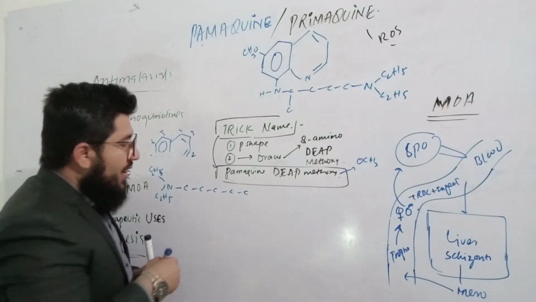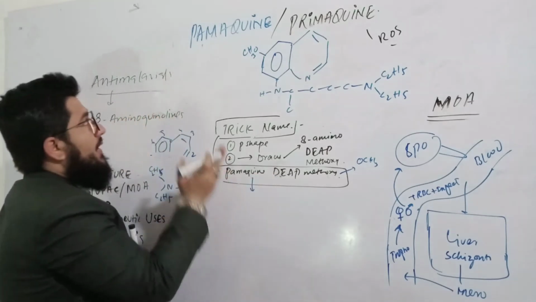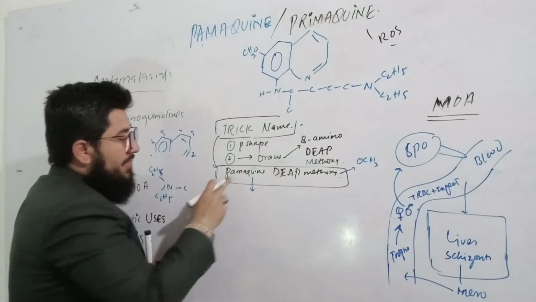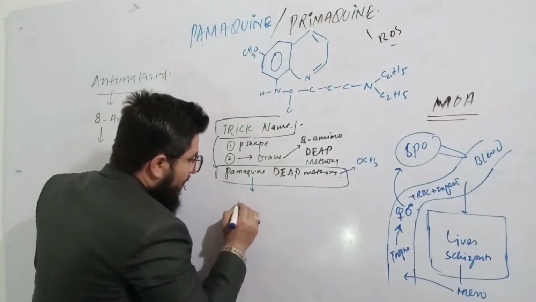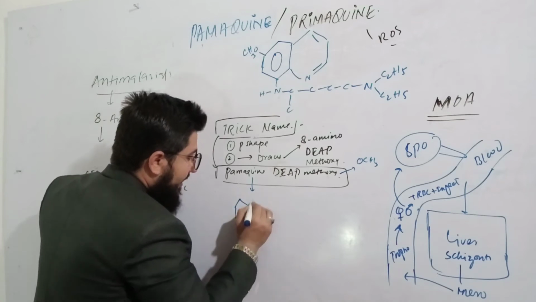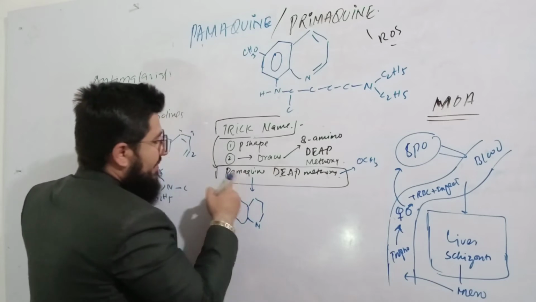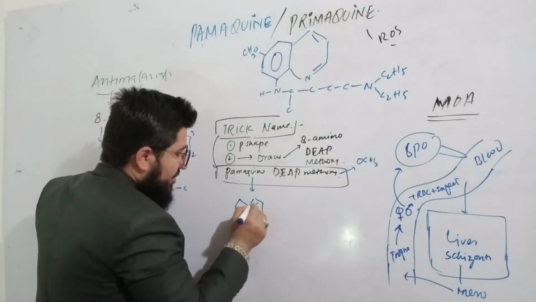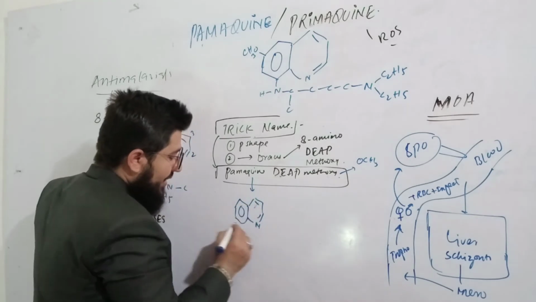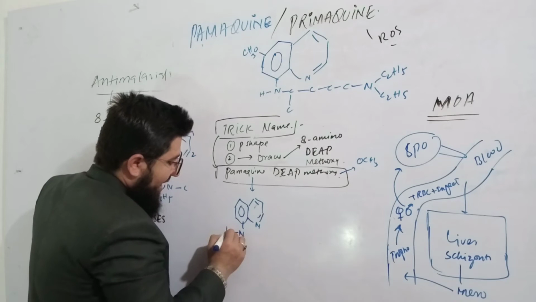Simple. Pamaquine. We know what is pamaquine. Now for this name, I'm drawing the structure of the pamaquine. Pamaquine is actually what? 8-aminoquinoline. So first let me draw the 8-aminoquinoline, because I know that pamaquine is an 8-aminoquinoline derivative. So here we got the structure of the quinoline, and on the 8th position we have a substitution having nitrogen